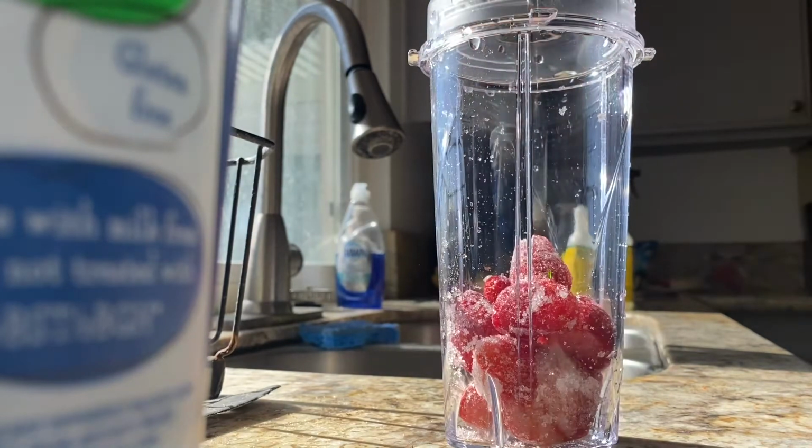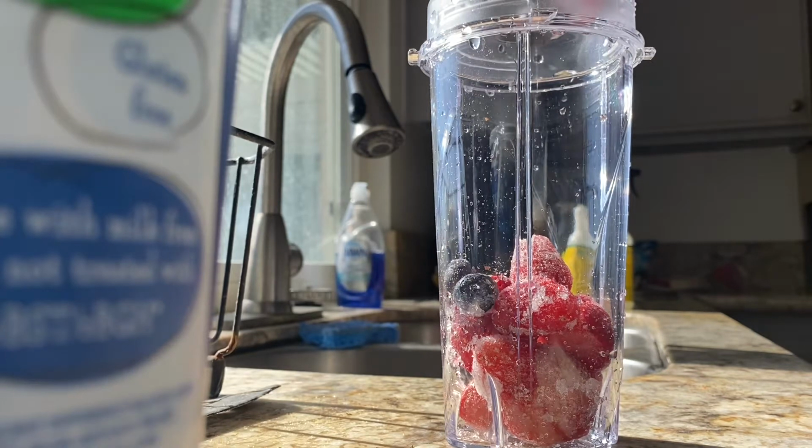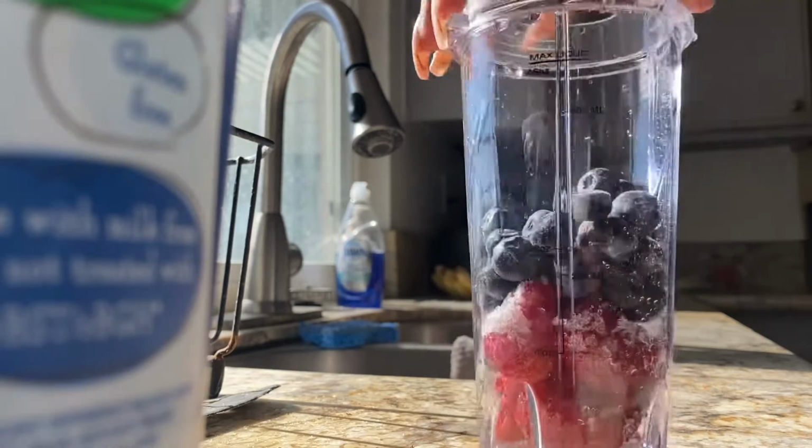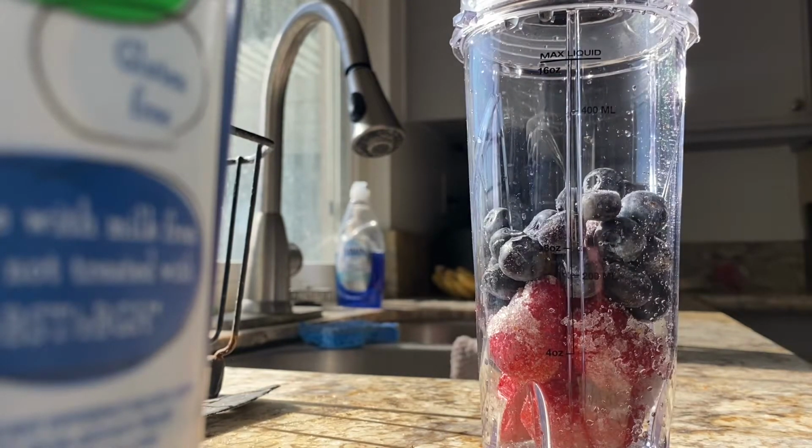All right, y'all, let's get into the first smoothie. So this one is kind of like a green smoothie almost, but it doesn't have that many greens in it. I started my base as strawberries, and I do prefer to use frozen fruit just so I don't have to use ice,